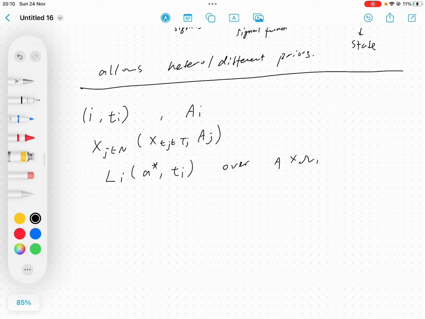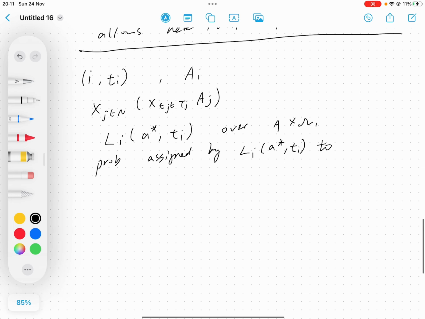So the probability assigned by this L_i to this action, which is a star,